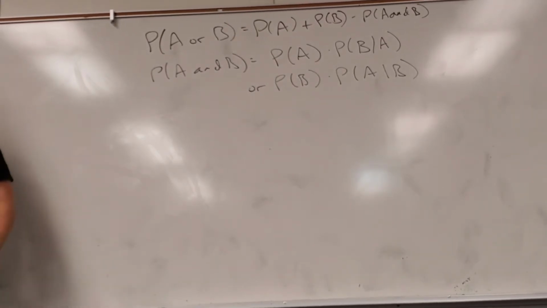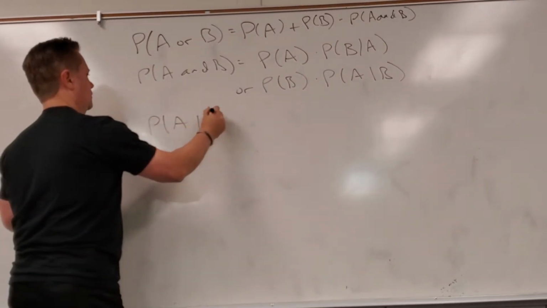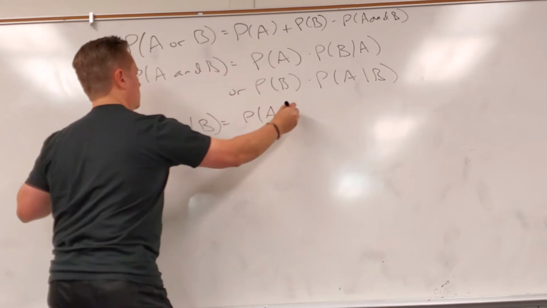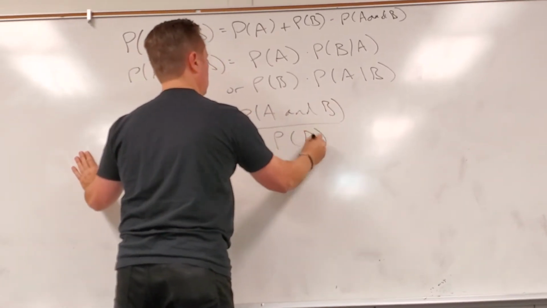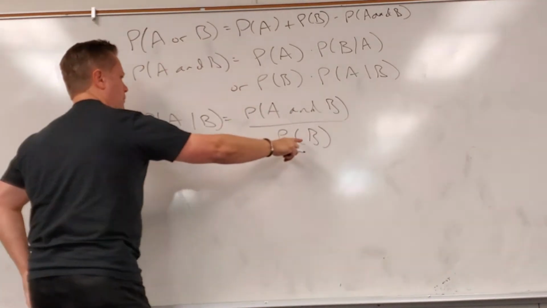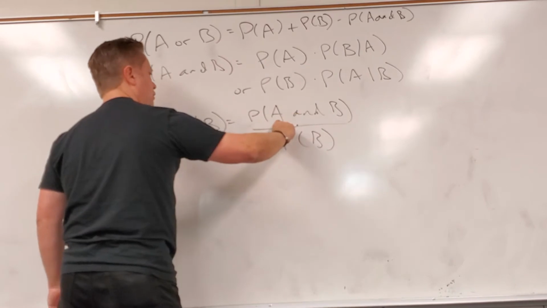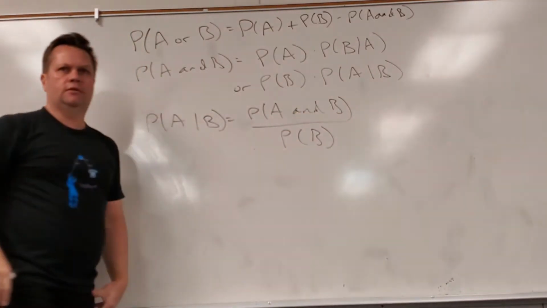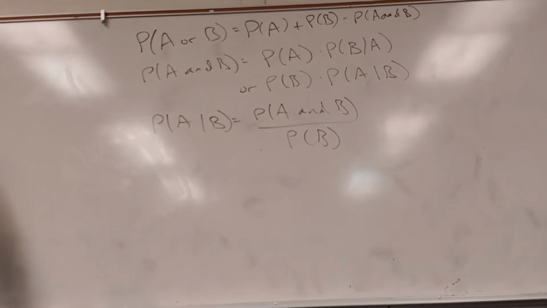And then one last one, of course. So if I know that B happened, it's going to be out of that. And then if B happened, the only way A could also happen is if it's in B. So just remember,